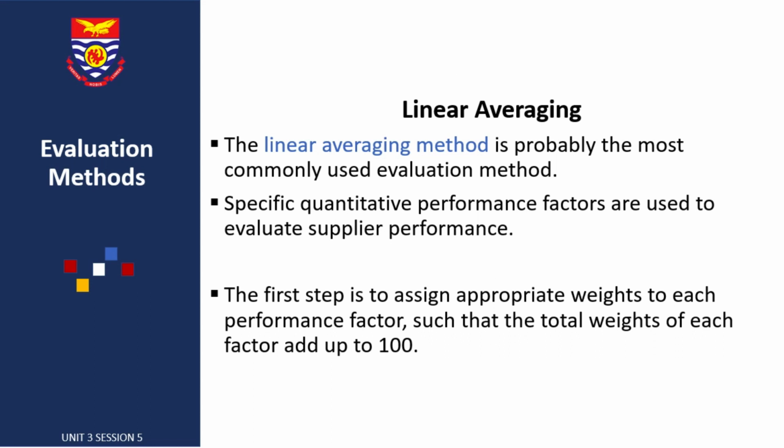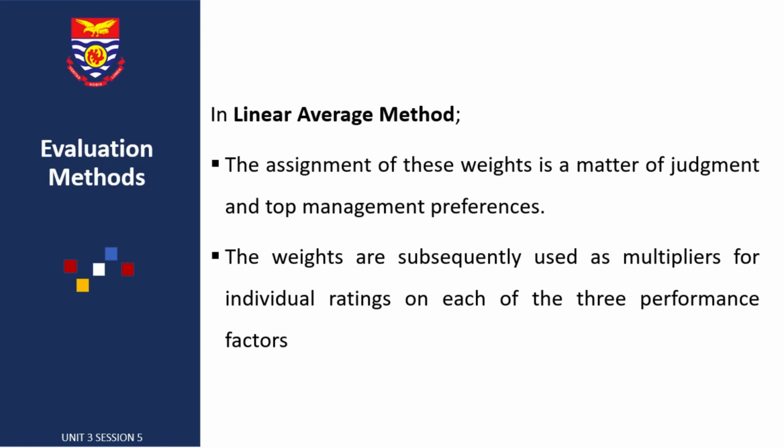Again, we look at the linear average. The linear average method is probably the most commonly used method. Specific quantitative performance factors are used to evaluate supplier performance. The first step is to assign appropriate weights to each performance factor such that the total weight of each factor adds up to 100. The assignment of these weights is a matter of judgment and top management preferences. The weights are subsequently used